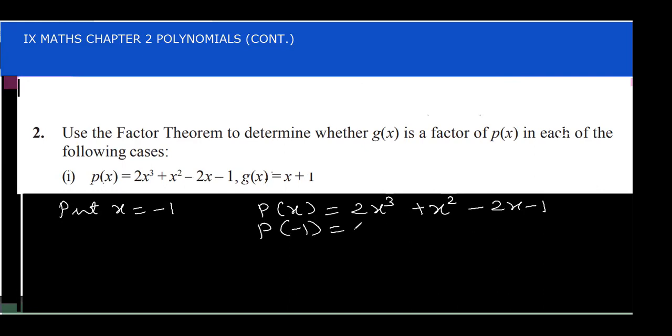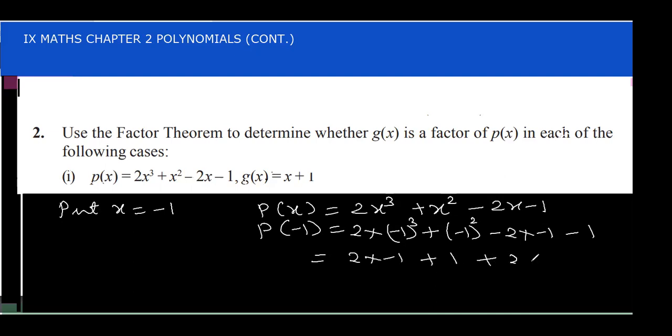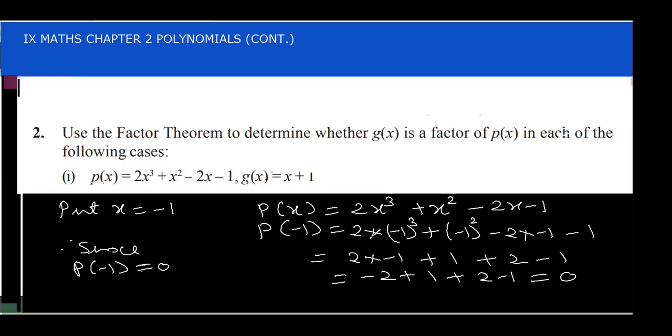x को रिप्लेस करिए -1 से, लेफ्ट हैंड साइड एज वेल एज राइट हैंड साइड, plus -1 power 2, -2 into -1, so that is 2 into -1 plus 1 plus 2 minus 1, so that is -2 plus 1 plus 2 minus 1, that is 0. क्या रिप्लेस करने से ये 0 आया है? देखिए, since p(-1) is equal to 0, यहाँ पे x की जगह -1 रिप्लेस करने से 0 आया है, तो रिमाइंडर थ्योरम कहता है कि therefore x plus 1